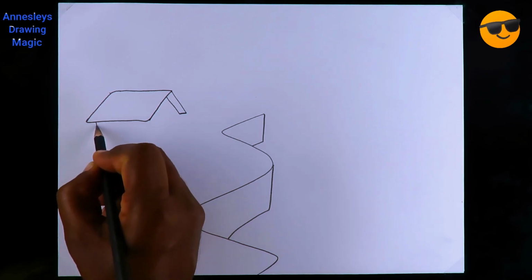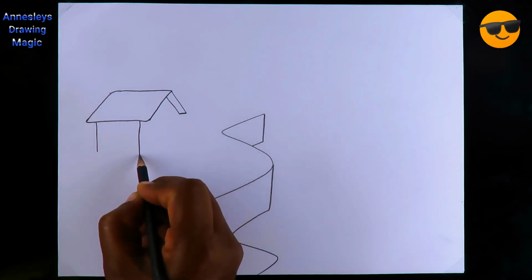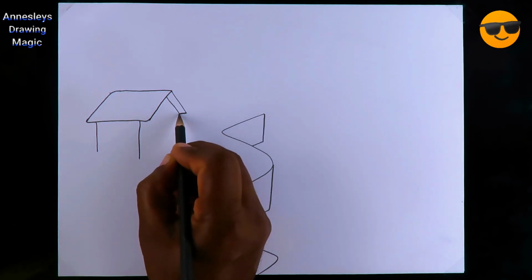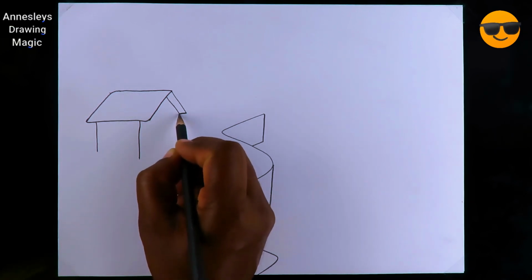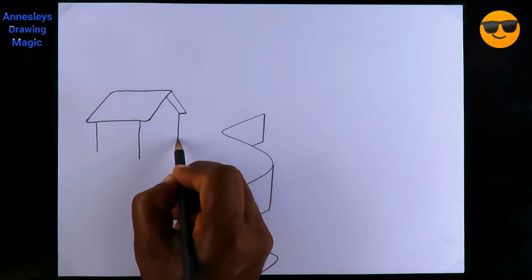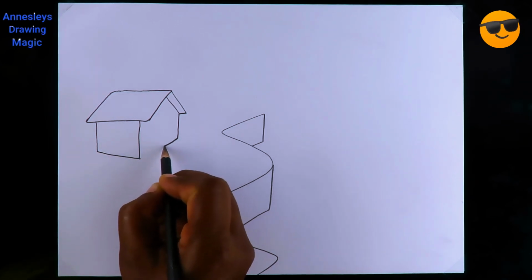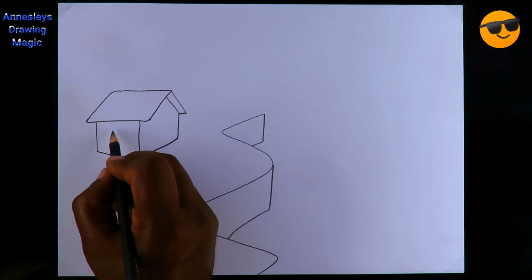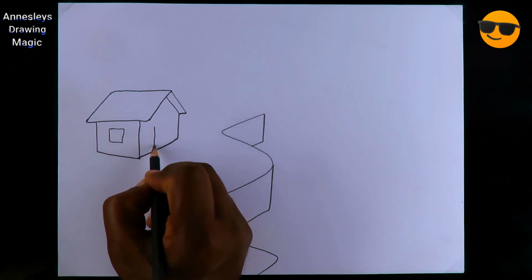Now straight down, one, straight down, two, a little longer than this, and shorter than these two lines here, one line down, right. Now join all these three lines by lines. Here a window, right, here the door,